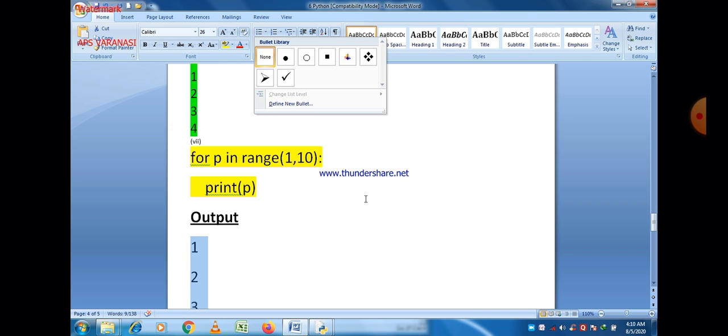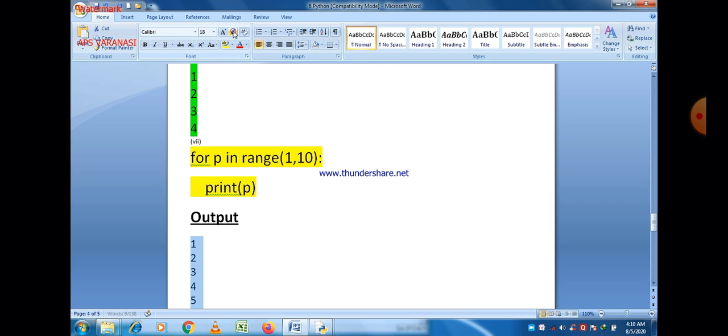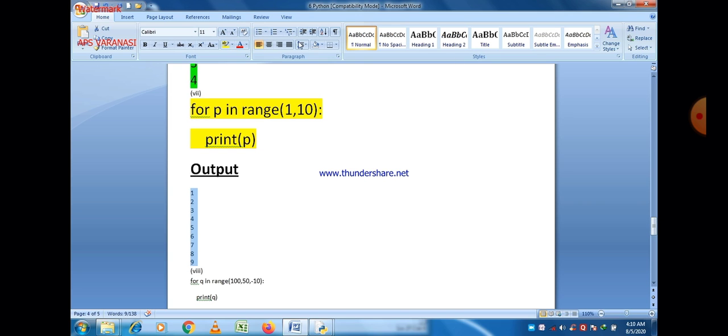So keep in mind that a loop always starts by default with 0, and there is an increment of 1 by default in the case of a for loop when the range function is used. So you can easily see that this is the output here.